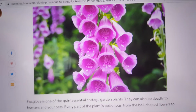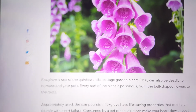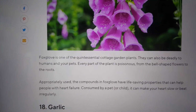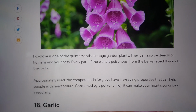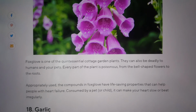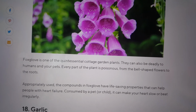Foxglove. I love these little plants, but now I have to be so careful. Foxglove is one of the quintessential cottage garden plants. They can also be deadly to humans and your pets. Every part of the plant